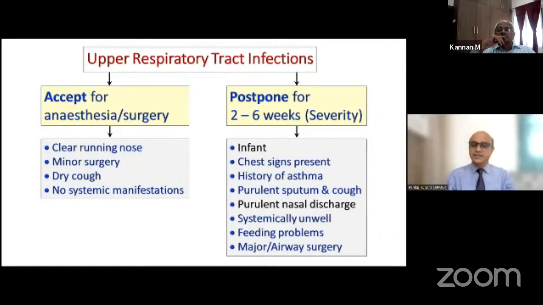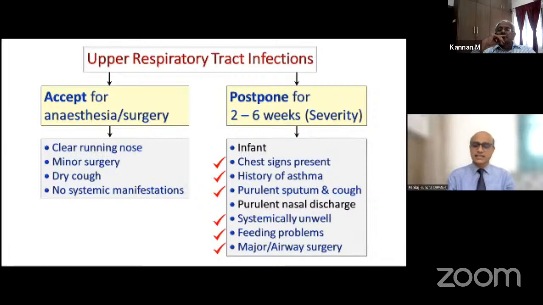Similarly, purulent nasal discharge can be there in many children, especially the children coming to us from poor socioeconomic status. They may not have any other constitutional symptoms, but they would have chronic coryza or cough. They will always be wiping their nose. So do you need to postpone them? Would they improve further? To my judgment, this criteria may not fit well. So apart from the infant status or the purulent nasal discharge, I would agree with the rest of the criteria